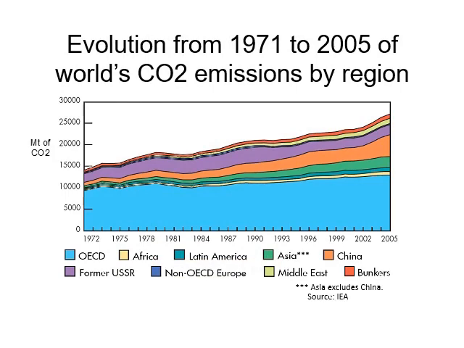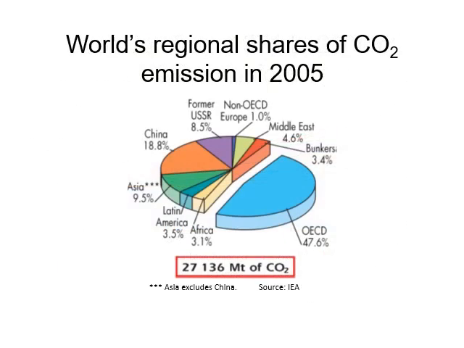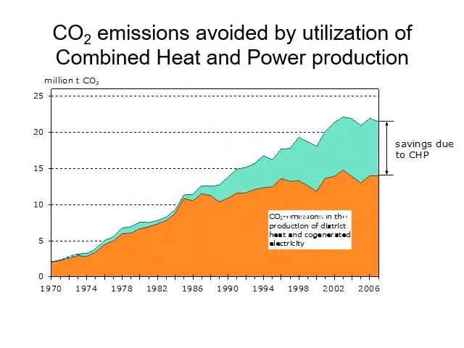Now, if we evaluate the world CO2 emission by region from 1971 to 2005, we will find again that the CO2 emission mainly comes from the OECD, around 74% in 2005 as the share of the world. Now, I have mentioned that we need to make development, it will make a difference, and this is one example. You see here, if we combine heat and power from the same application,